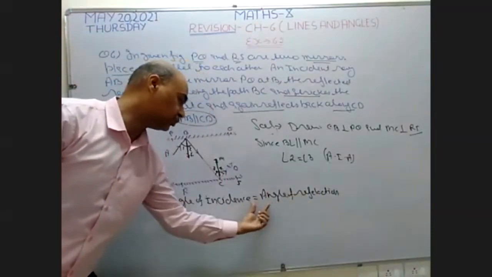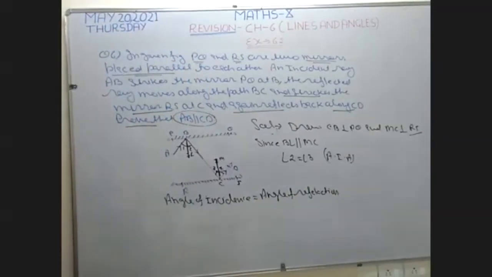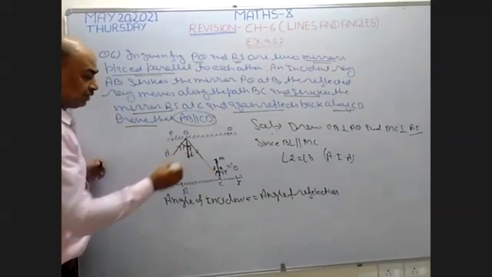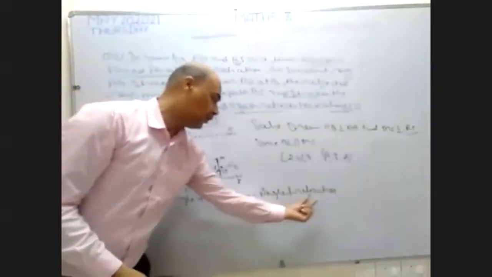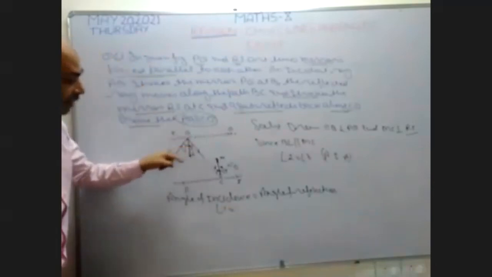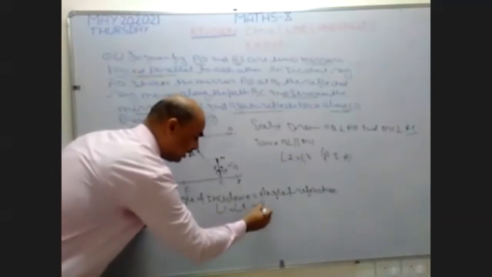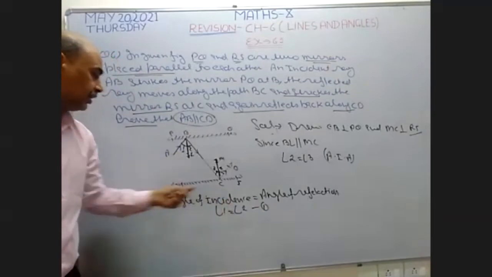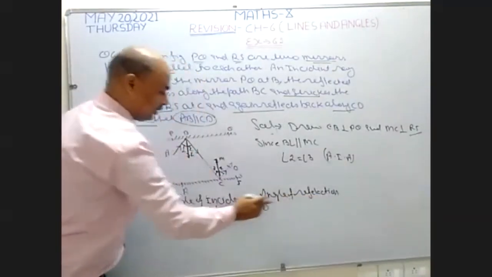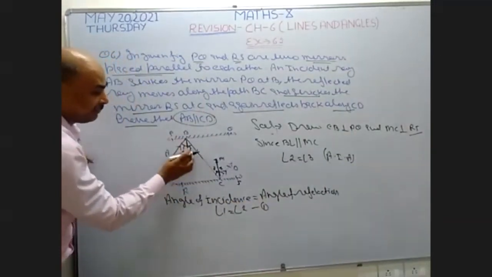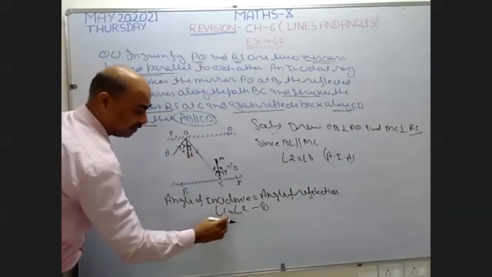You are going to study this in your physics chapter on rays. When the incident ray goes back as the reflected ray, then these two angles are equal. Reason: angle of incidence is equal to angle of reflection. Angle of incidence is angle 1, and angle of reflection is angle 2. So these two angles are equal. Okay, beta, it is clear. In physics, when the ray strikes back, they make equal angles. This is the reason I write angle 1 equal to angle 2, both are equal.